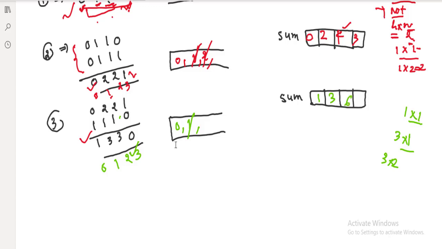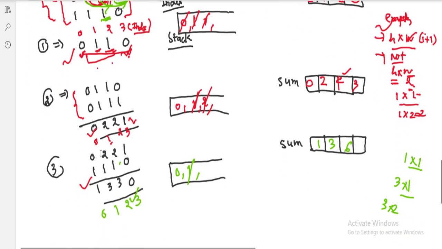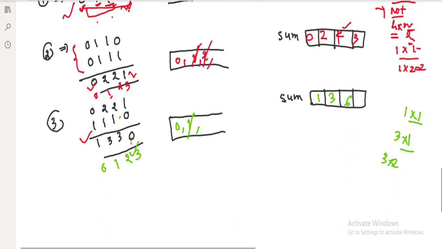If you want to see in the array why it comes to 6: ending with this particular index, what are those submatrices which contain all 1s? This is 1, this is 2, this is 3, this is 4, this is 5, and this is 6. That's why it comes to 6. Okay, now similarly for this particular index 0, before that we have to add it.